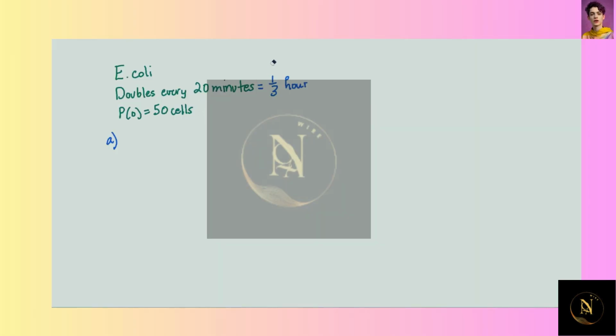All right, so today we're going to look at E. coli. E. coli doubles every 20 minutes. In this example, that's fast. We're going to work with hours, so that's actually 1/3 of an hour. 60 minutes divided by 20 gives me 1/3. Okay, we know that we start off with 50 cells of E. coli,